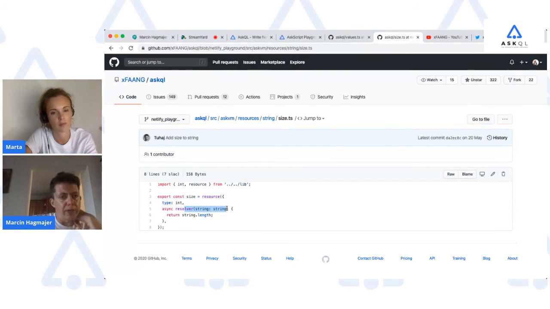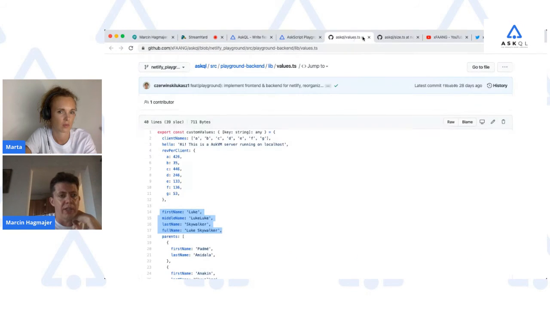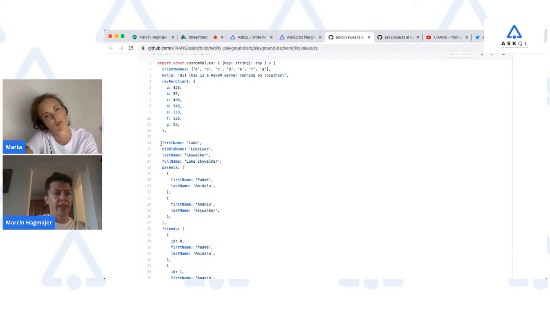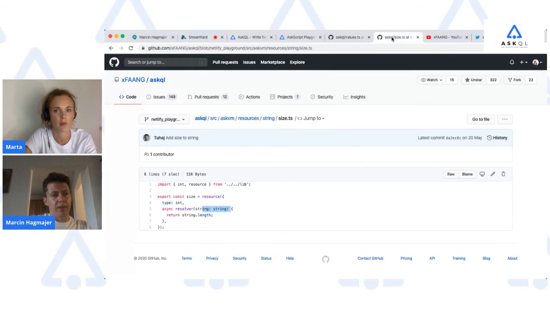Also, as you can see in the path, this is AskQL /src, that stands for source, /svm, that stands for the virtual machine that runs the code, /resources/string. So all of this is going to have string resources, resources that take a string and do some computation on it, such as lowercase, uppercase, split. So we can take first name, for example, as a string.